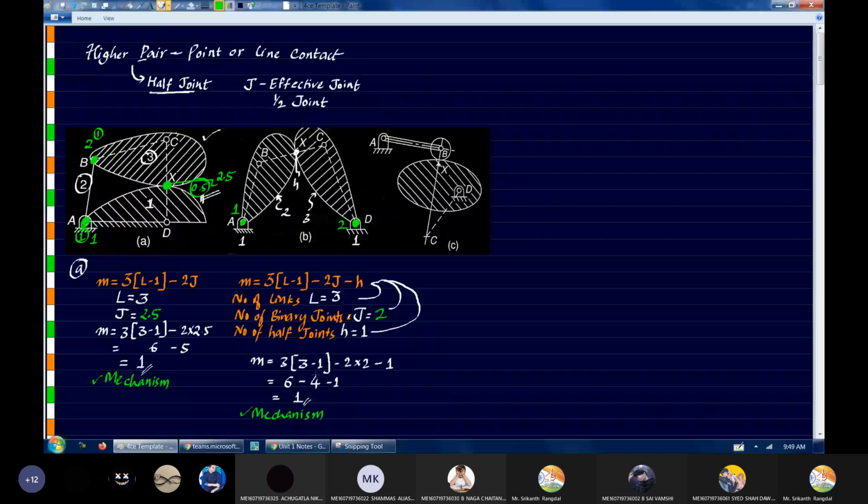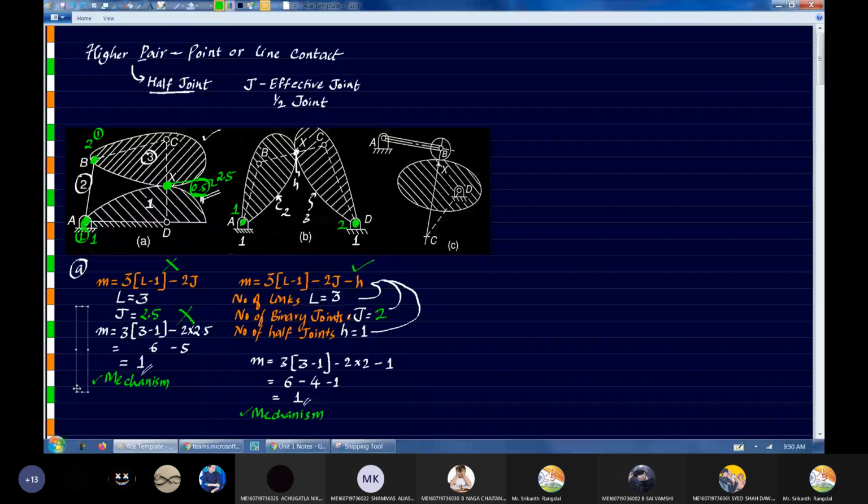So this is how we have to do it, right? But please don't do it in this way. This I did just so that you can remember what a half joint is and how technically we can fit it into the formula. But when we are actually doing it in the exam, this method is better. Don't follow this method. Here as well, instead of counting this as half a joint, you just call this H equal to 1. So I'll change this and redo it with this new approach we have learned.